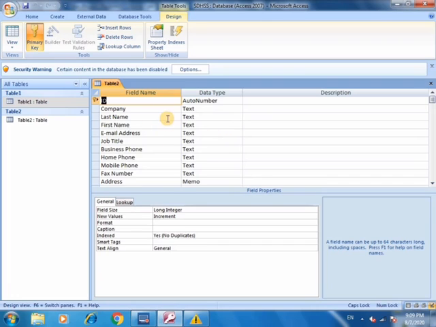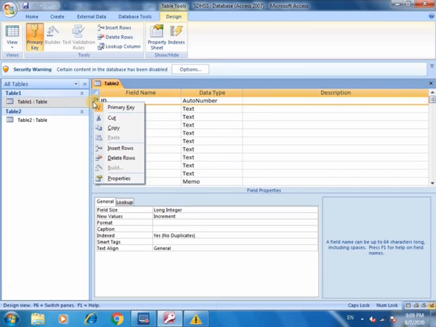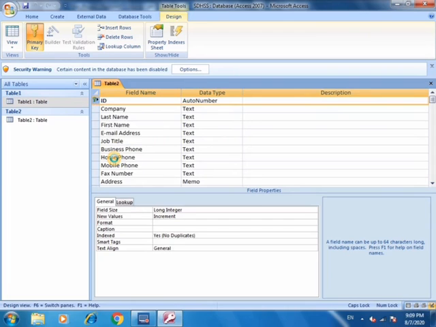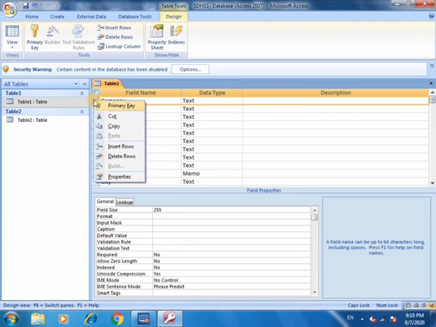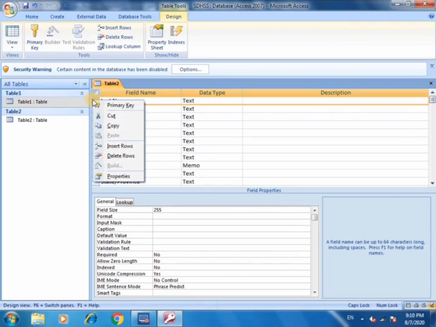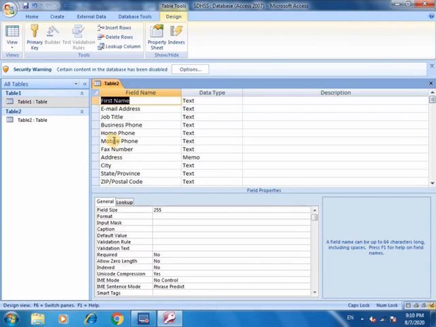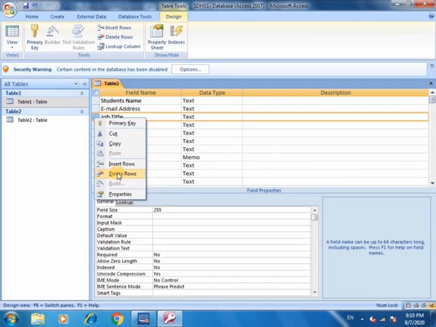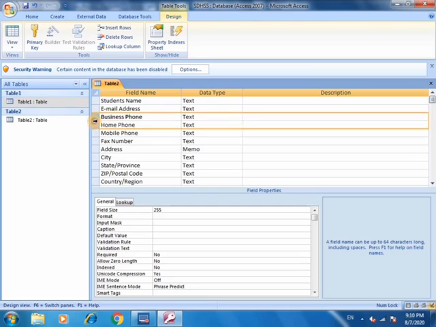Just like, I don't want the ID field here, so I can delete this row. I want to delete company. I also want to delete last name. I want to edit this name to student's name. I want an email address, no need for job title, business phone, home phone.